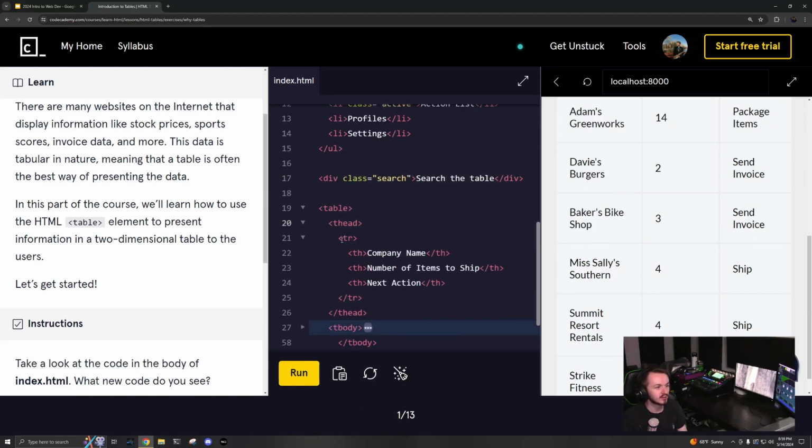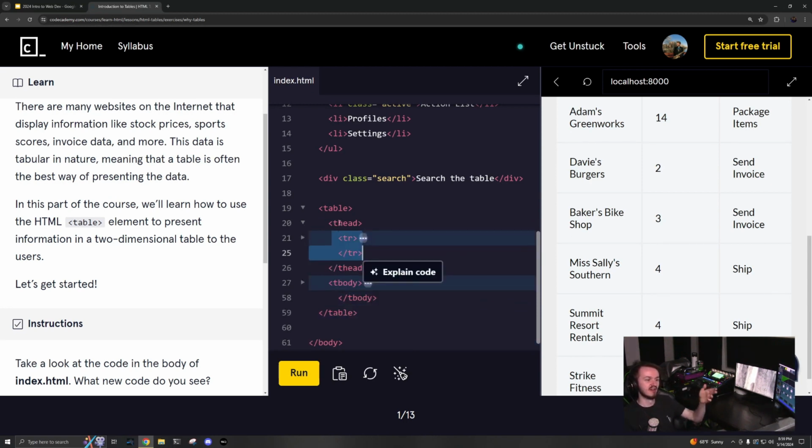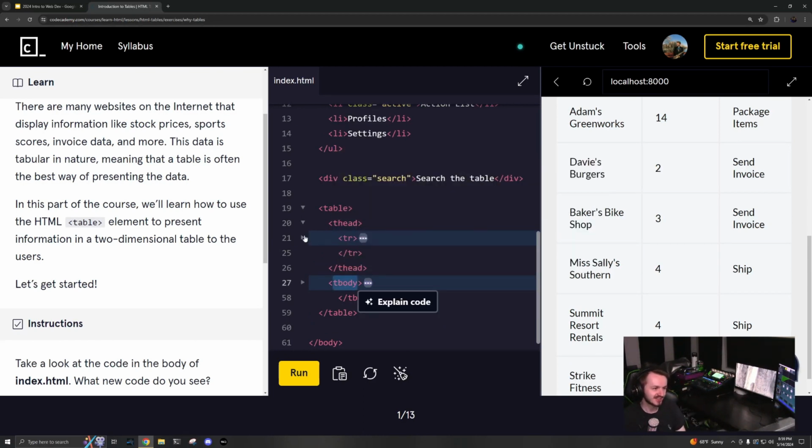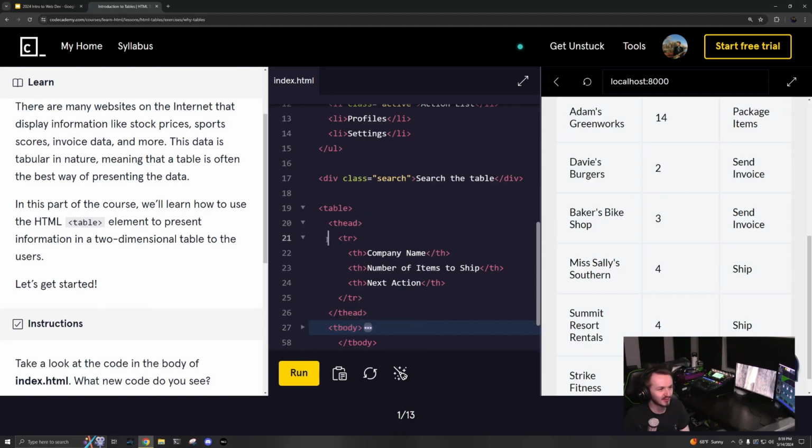Okay. So then in there you have a TR, which is a table row, and then a TH, which is a table head or table header. And then you put your text inside of there. Anytime you have a TH or a TD, table data, you put it inside of a TR, which goes inside of either thead or tbody. It's not "feed", it's thead. But now that I see it that way, I'm never going to unsee that. Anyway,